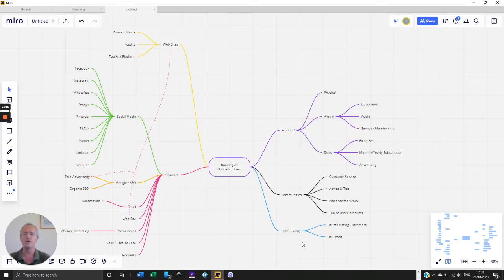And if you can imagine, we have a concept in building, or in sales really, about the sales funnel. If you can imagine a funnel, where at the top of the funnel you have leads coming in from multiple sources. All of these channels that we talked about, Facebook, Instagram, WhatsApp, Google, Pinterest, TikTok, Twitter, LinkedIn, YouTube, all going to be driving leads into your sales funnel, okay?